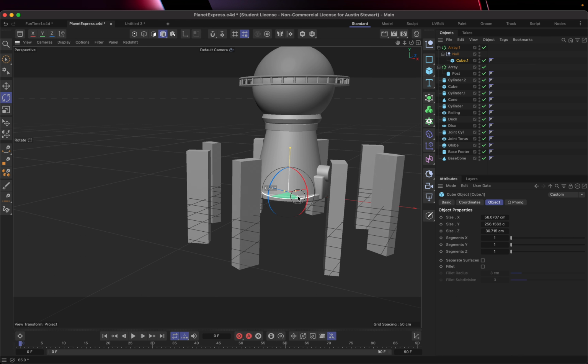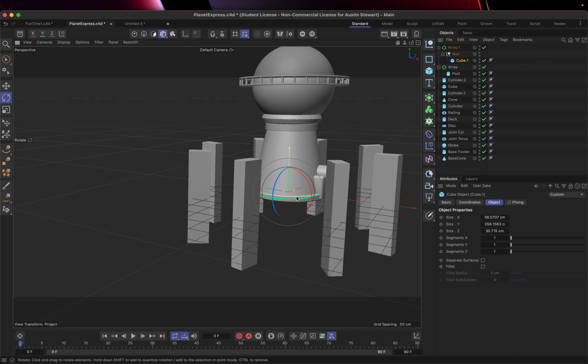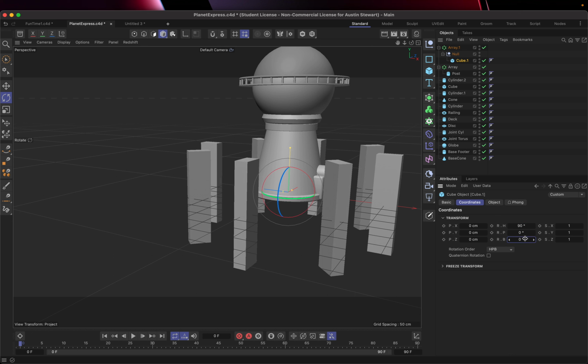So I'm going to go ahead and go to 90. And I held down shift so it would snap in 5-degree increments. You could also get it close, like say it's right there. And if I go to coordinates, I can look up here and say, oh, this is at 78. For some reason, these are also off a little bit. That's probably because I touched it or did something weird there. But if I just make this 90 and then make this 0 and make this 0, okay,